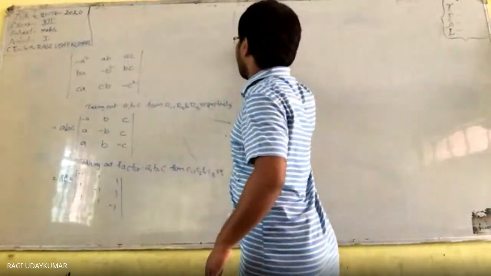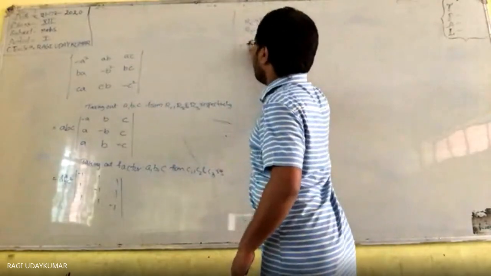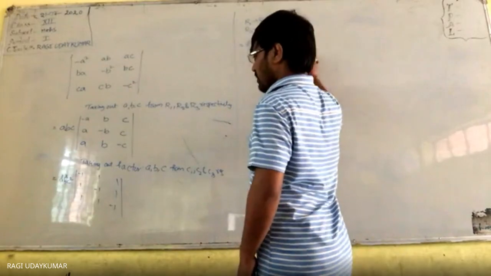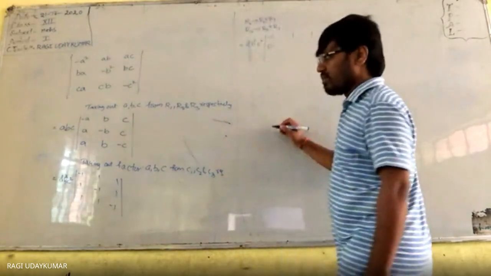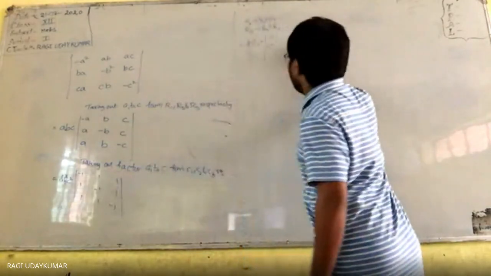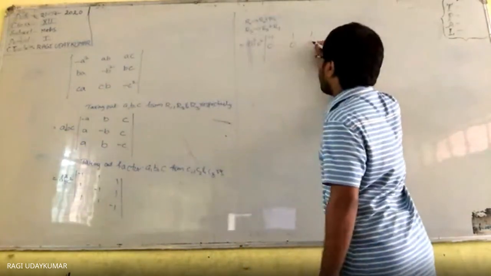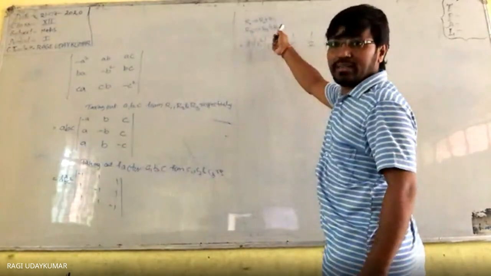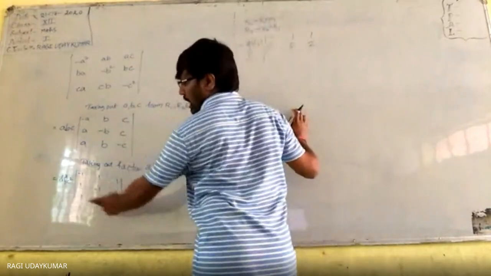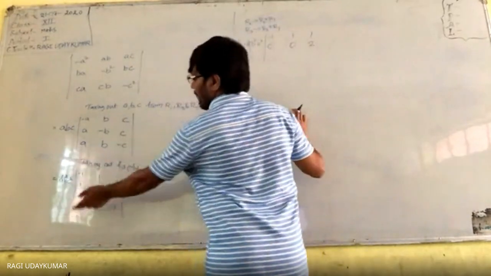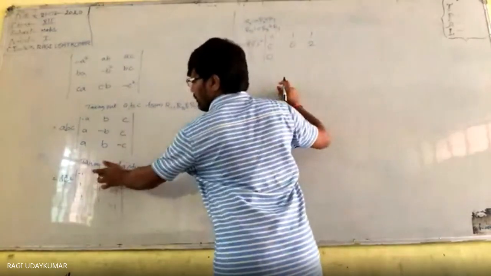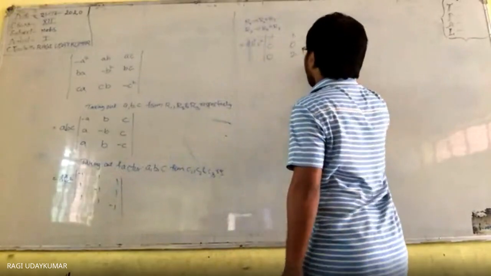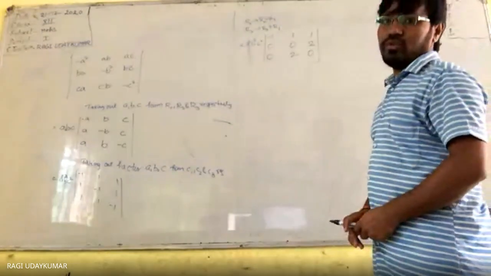So what is left over here: first you have a square, b square, c square. The first row is not going to change. The second row becomes 0 in the first position, and adding these two gives 0, and adding these two gives 2 here. This side should be added as per this step, R3 tends to R3 plus R1. So there is 0 over there. Expand along this one row.